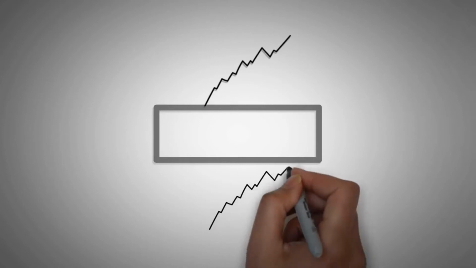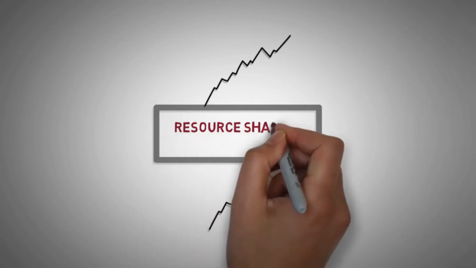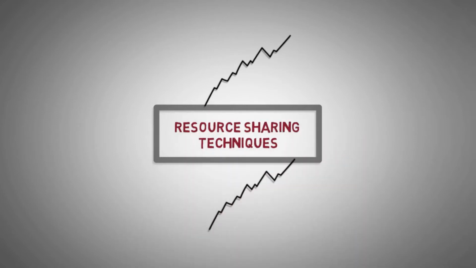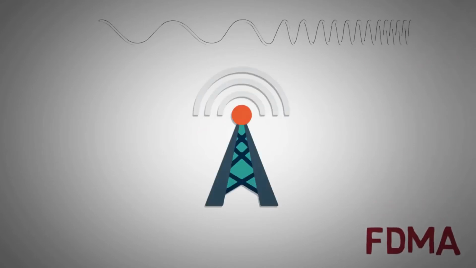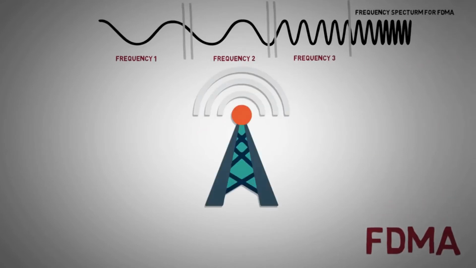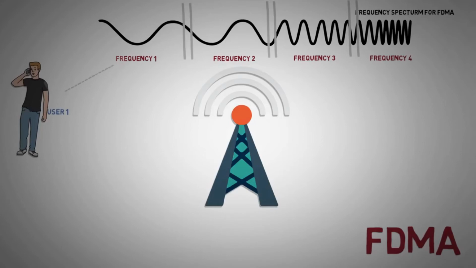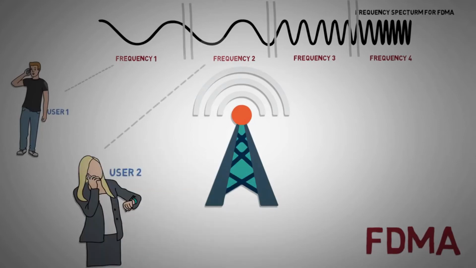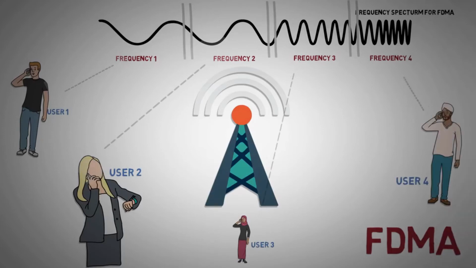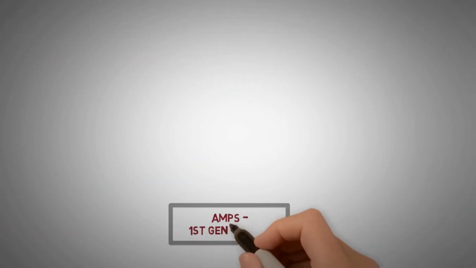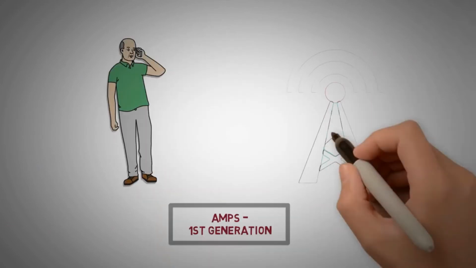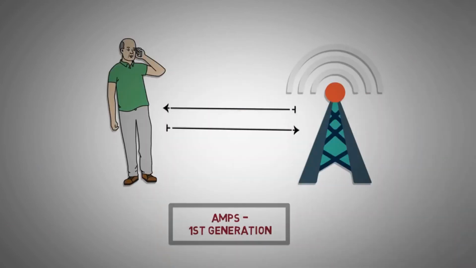Telecommunication systems, which mostly use radio waves as a communication link with end users, have employed several ways to share this resource. FDMA, which uses frequency division multiplexing, provides chunks of the frequency spectrum to each user for data transmission. Generally, the data is generated at baseband and modulated at varying radio frequencies. Guard bands are introduced to avoid any interference. AMPS, or the first generation analog systems, used FDMA to provide each user a duplex channel with one-way bandwidth of